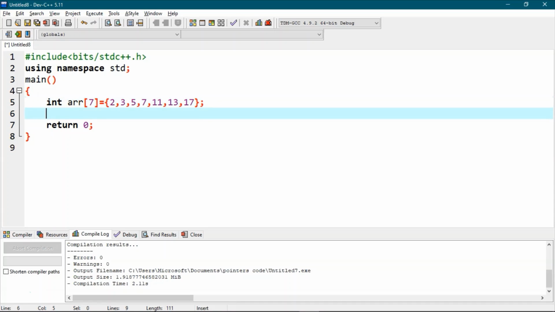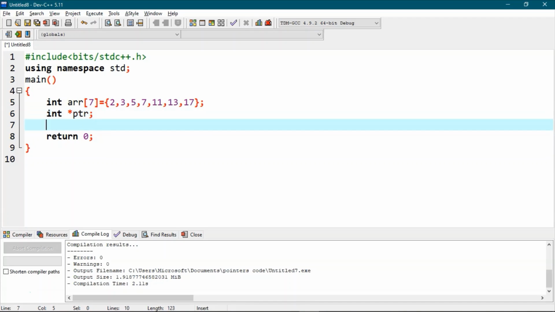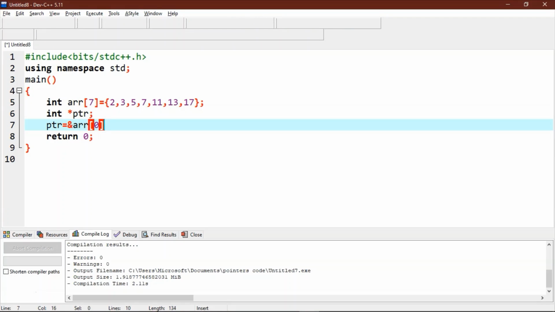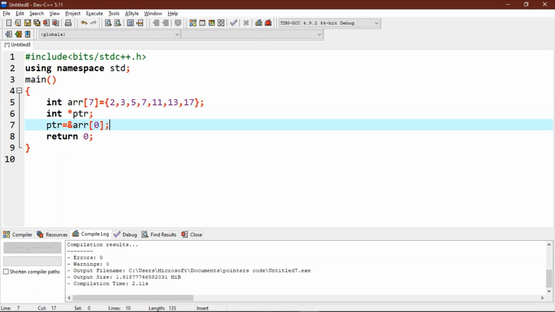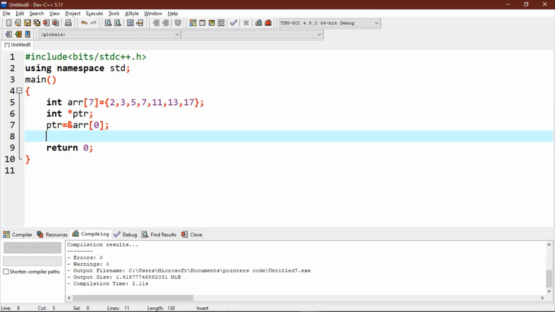Then declare a pointer and assign it to the array's first element. Now let's take an integer n to add to the pointer.